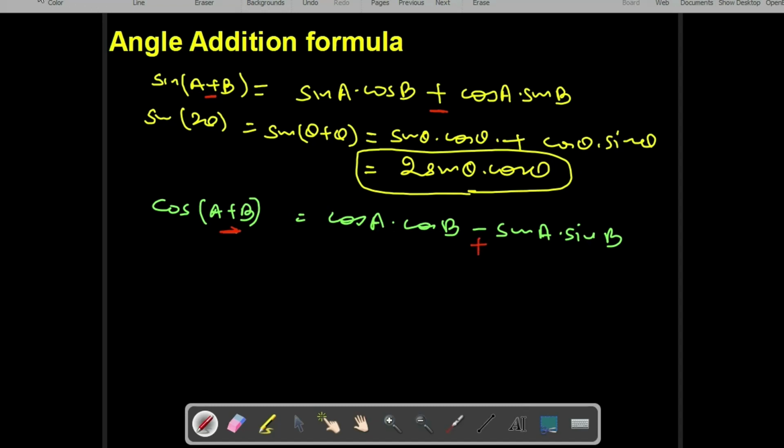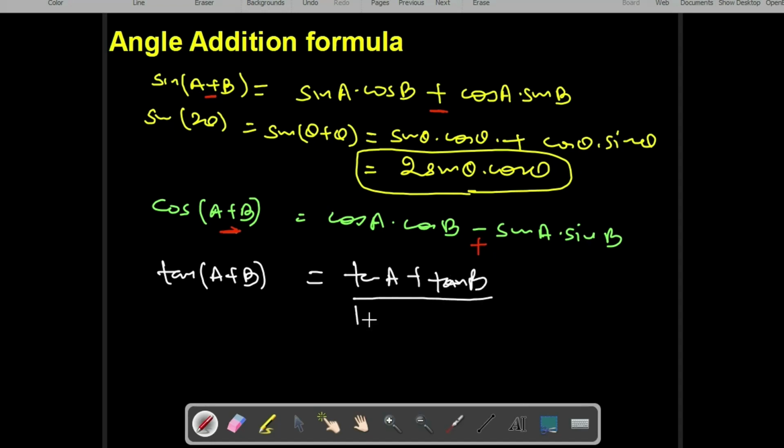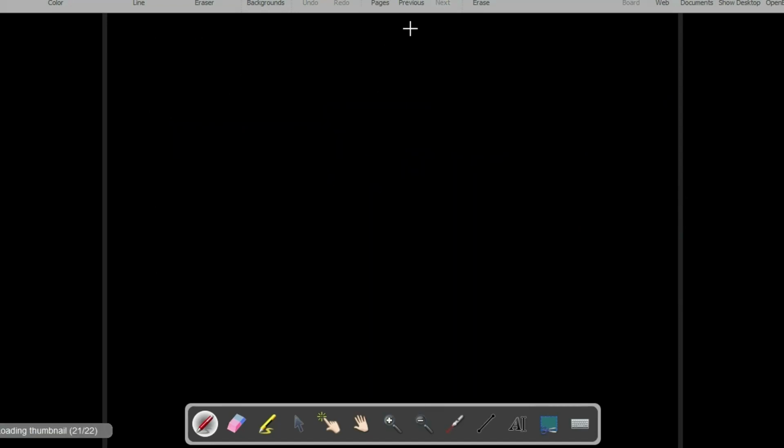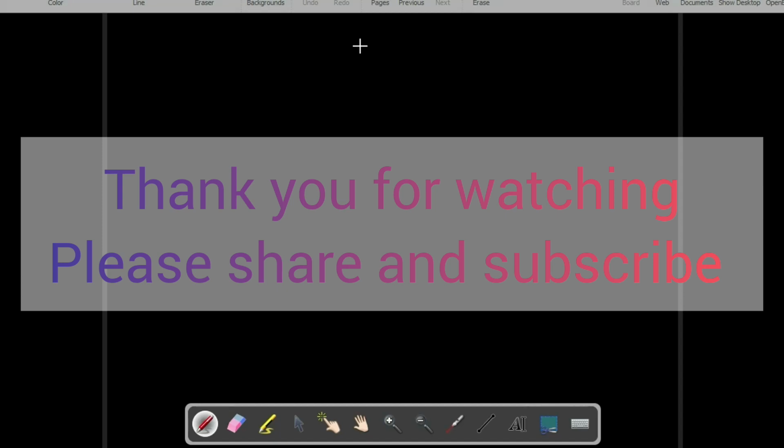Now tan A plus B is tan A plus tan B upon 1 minus tan A into tan B. If we have a minus sign, then here it will be minus and the denominator will be plus. So like this way we can use the angle addition formula to identify the values as well. So this was all about the basic trigonometric